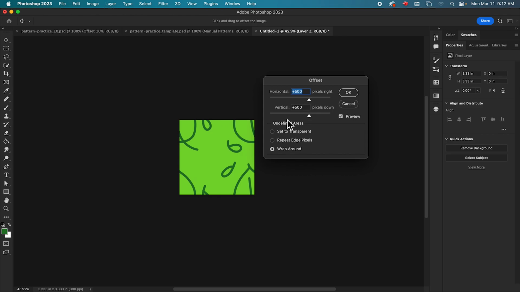So if I put this back to -2000 by -2000, you can see how it moves. So it's actually -1000 by -1000. So what I want to do is push this over 500. You can see what it's doing there. And I want to push it down 500. I'm going to make sure that if there are any undefined areas, we want those to wrap around,